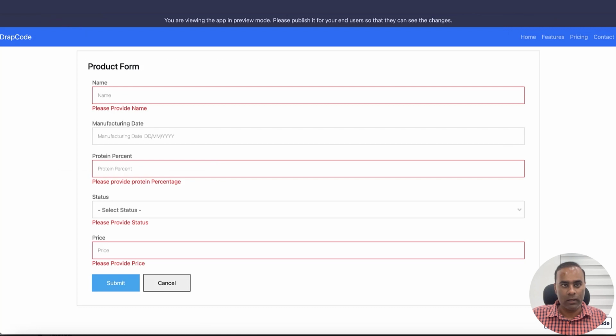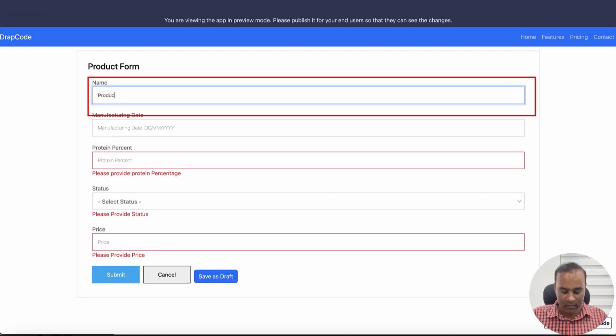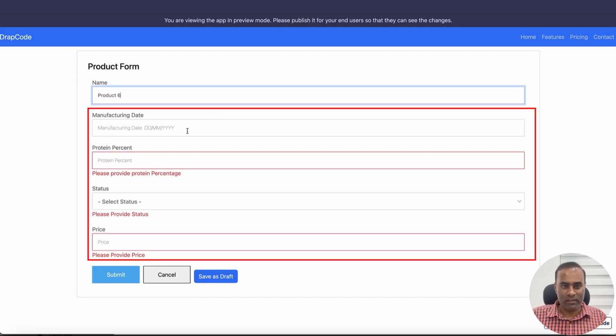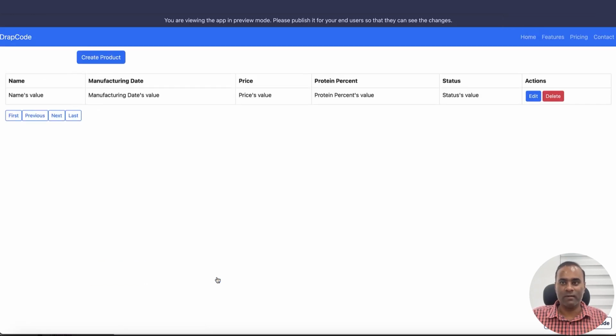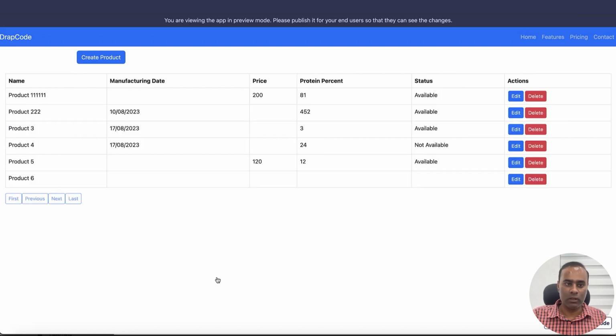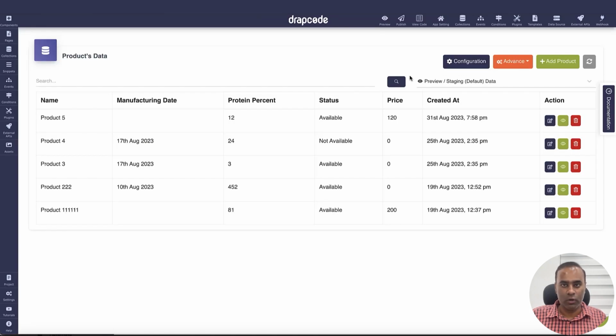Okay, and I'll reload the page. Now if I say submit, it will ask me for all the data. But let's say I want to create a product where I just have the name. I don't have the rest of the things as of now. So I'll just say save as draft. This will save the product and has taken me to the list page, and the product is here and it has bypassed the validation. So if you go and see the product,